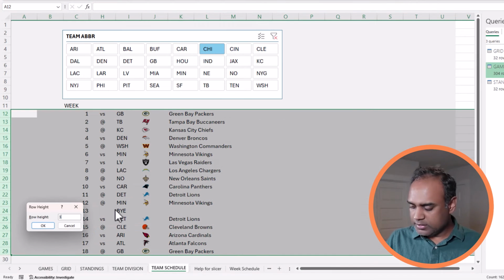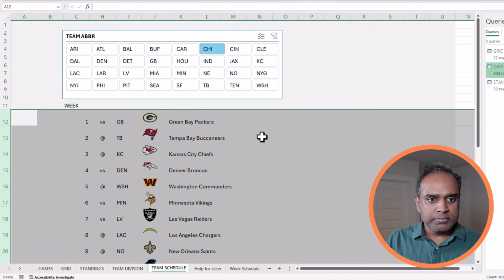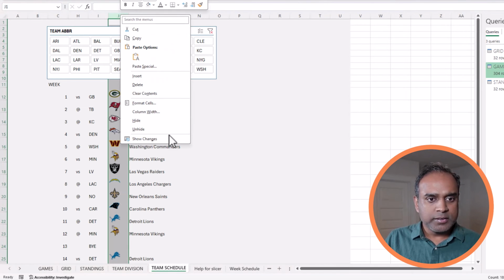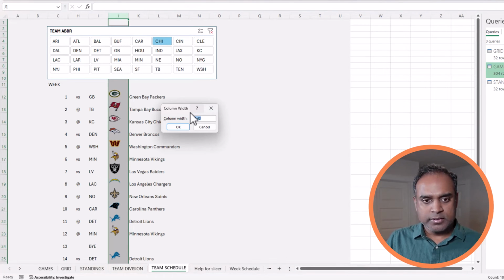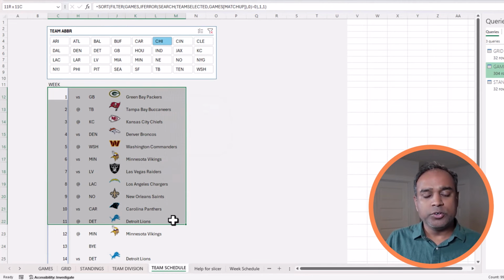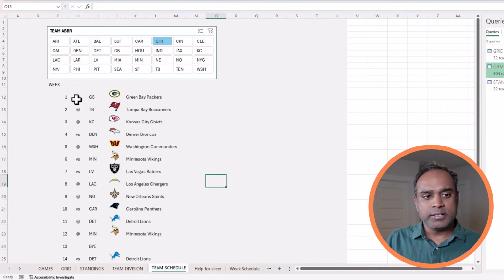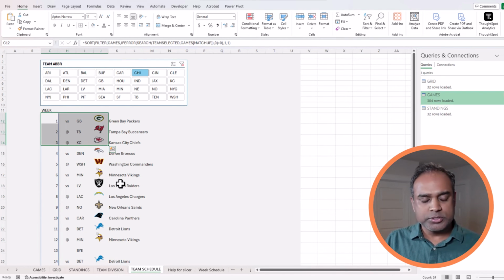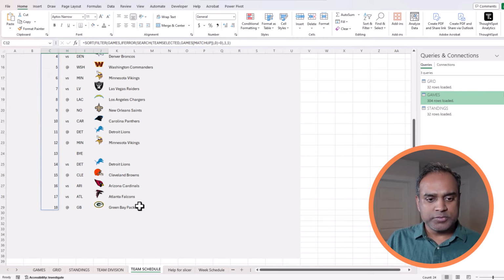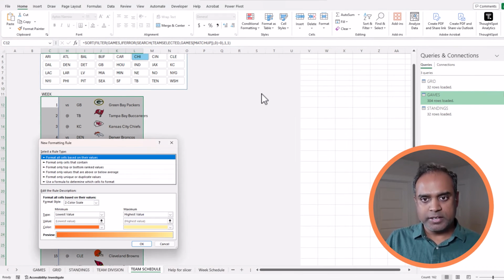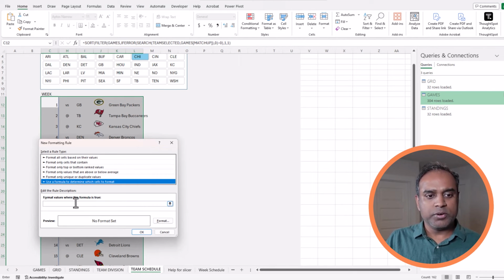I can make this appear bigger, and then the other thing we could do is some conditional formatting to give a banded rows approach or a design. So that's very simple. I can select all these values, go to conditional formatting, new rule, use a formula, and